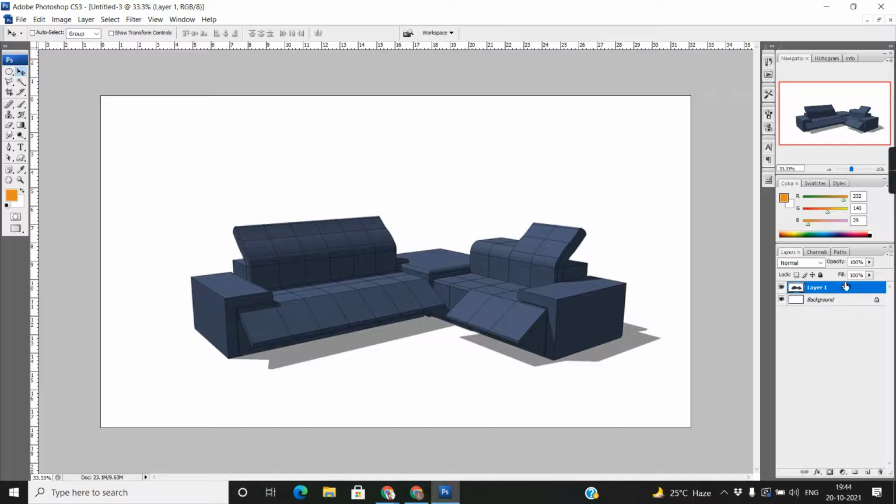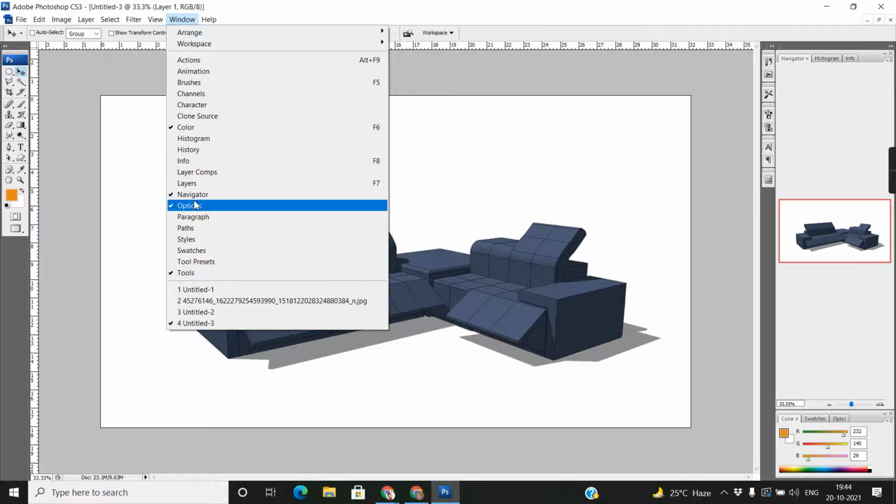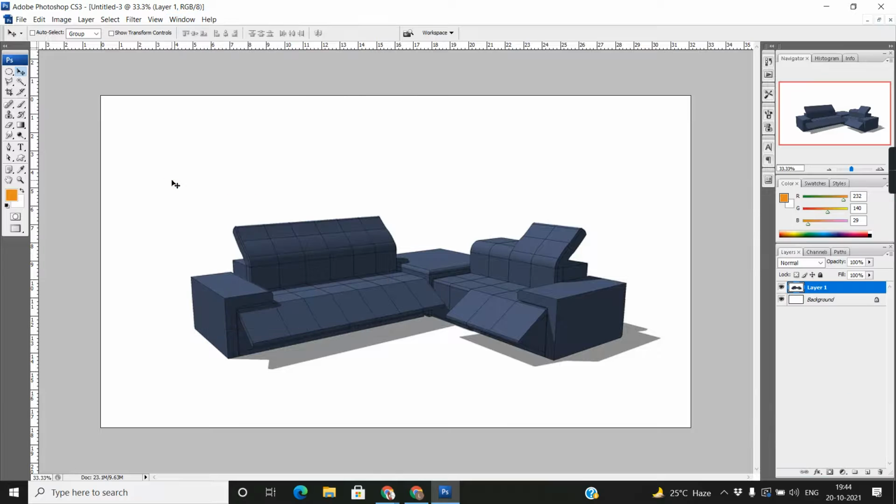If you are not getting this bar, sometimes if it is closed, just go to Window and click this Layers palette. You will get this layer palette.